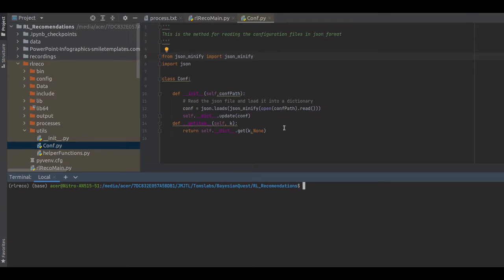So that's the purpose of this particular class. Okay, we'll get into the helper function first, but before this, since we have already talked about the conf.py file or class, we will now create the config file also. So we'll create the config file in another folder called config. So create this